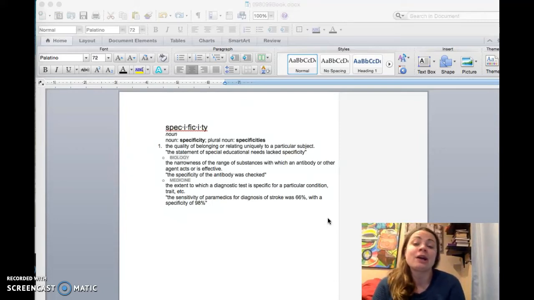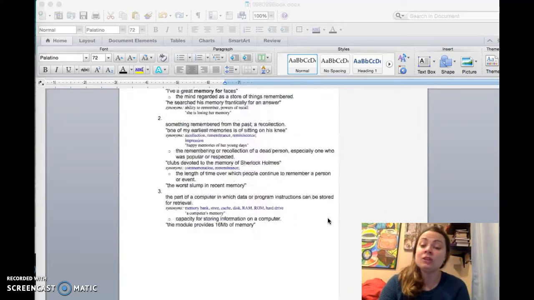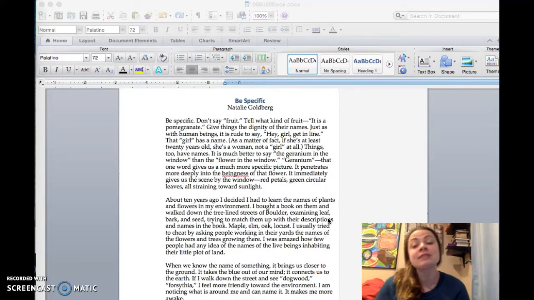You always wear red sweaters, right? Your name is Malia, right? So versus general, which is the overall point. So Natalie Goldberg writes an essay about the importance of being specific. As usual, I'm going to look with you at the first couple of paragraphs, and then you'll be on your own to annotate the rest of it. The annotation that we'll perform on this essay is a main idea and supporting detail annotation because that's the skill we're practicing. But when you do your annotation upload, you may do any form of annotation that you wish.